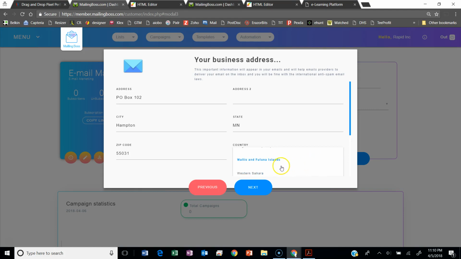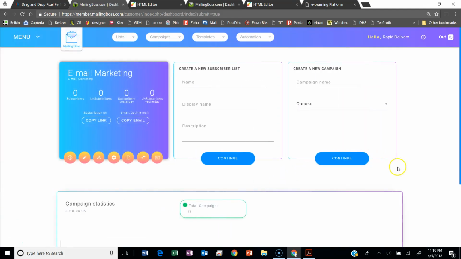They're doing updates on this system all the time, so every time I log in, there's a new update on a different way to do things. But they're all for the positive. They're all for the good. It's making the system better and better and better. So now we've got our initial